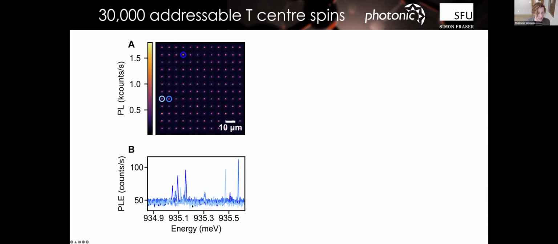So you can see the PLE traces where you drive it resonantly and you measure the sideband, right? Here, these are 3 different pucks where you show these traces. And here you can see there's actually more than one T center in each of the pucks, and there's some distribution. Depending upon the puck size, there's a different number of T centers within each of those pucks. And we had our favorites. I think this one over here is called Natalie. Somebody in our group called it Natalie. Maybe that's wrong, but I like to think of it that way.